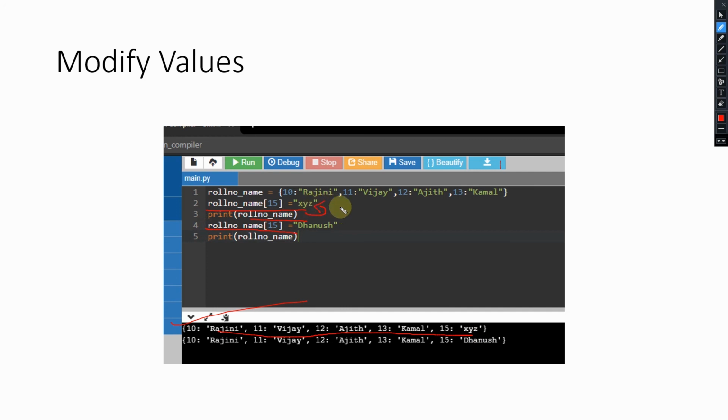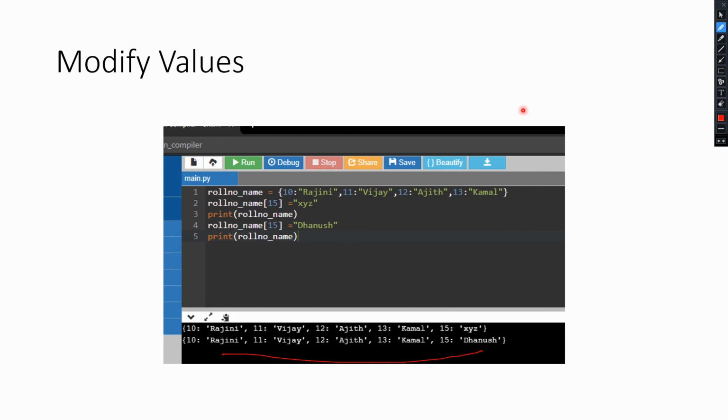I want to update xyz to Dhanush, and for that I have to use this syntax, which is the same as adding a new one, right? I'm just updating the roll number name variable and the key 15, which has to be updated, and I modify it to the name Dhanush and print roll number name. So that's what you see in the output here.